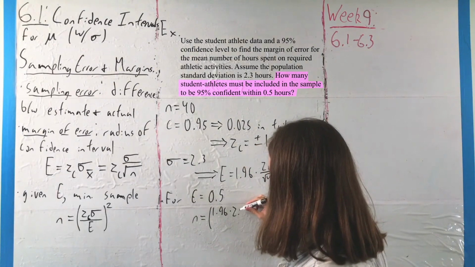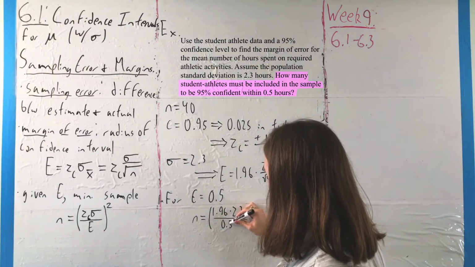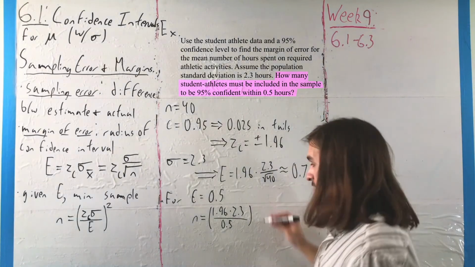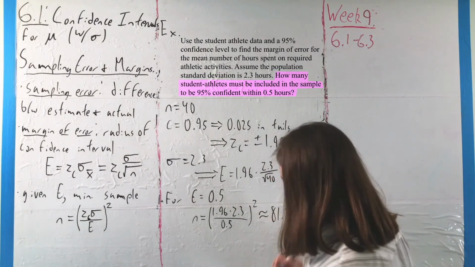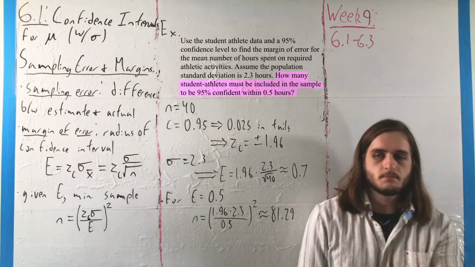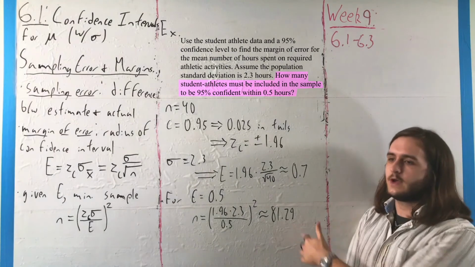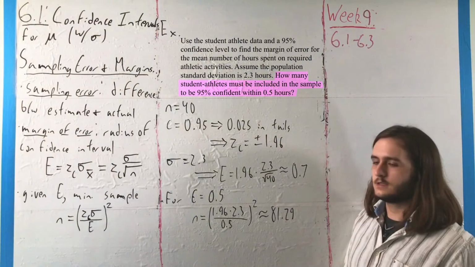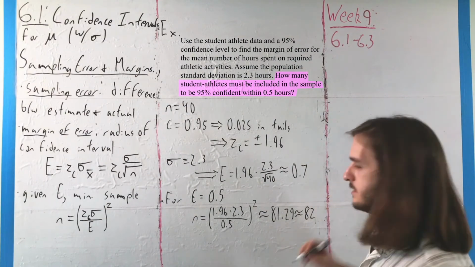1.96 multiplied by the value sigma, 2.3, divided by our current goal for the margin of error, 0.5, and then we square the whole thing, which tells us that we need about 81.29. Whenever we're talking about this, remember that the value n is a number of subjects, a number of trials, a number of things, a discrete value. And whenever we have a discrete value, any fraction has to get rounded up. So if we wanted to be within that 1/2 hour with a 95% confidence interval, we'd need about 82 students